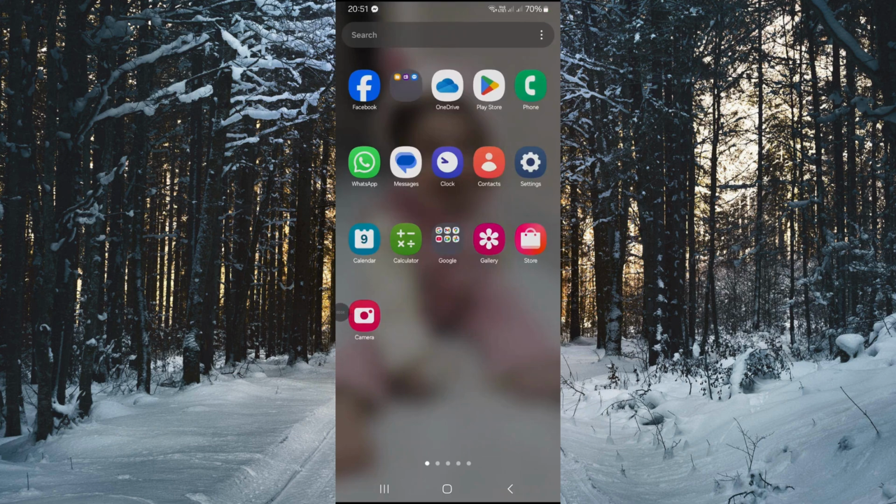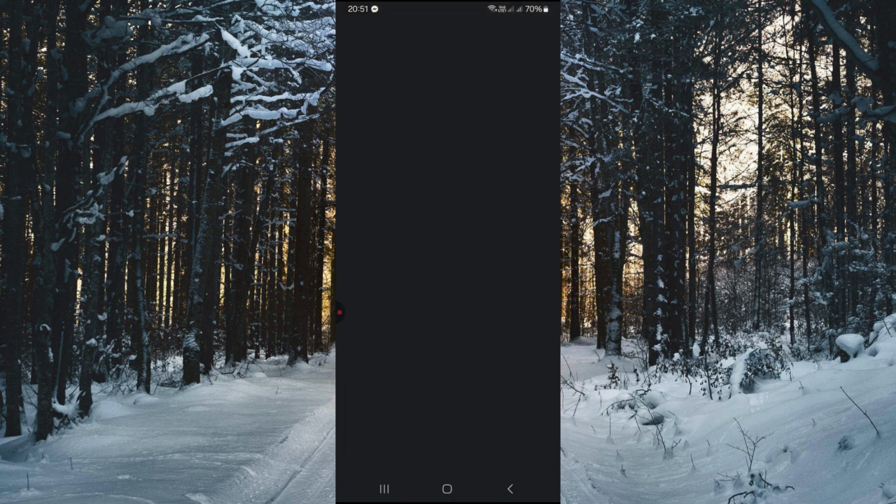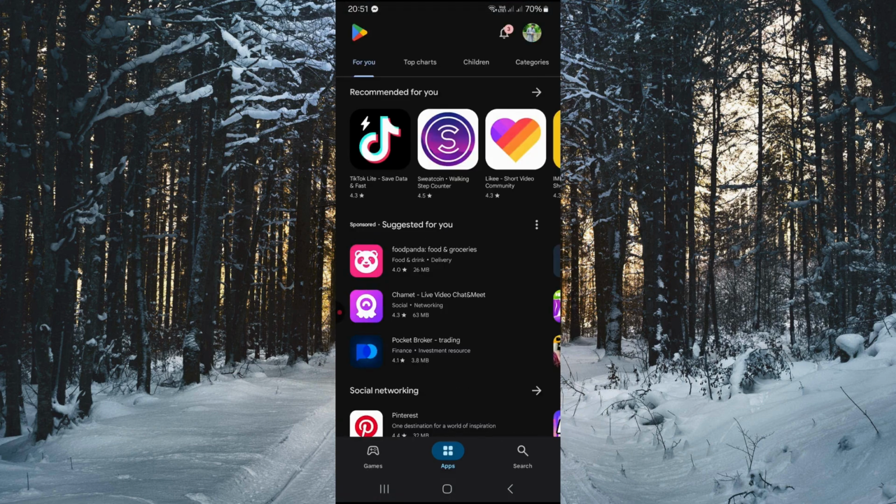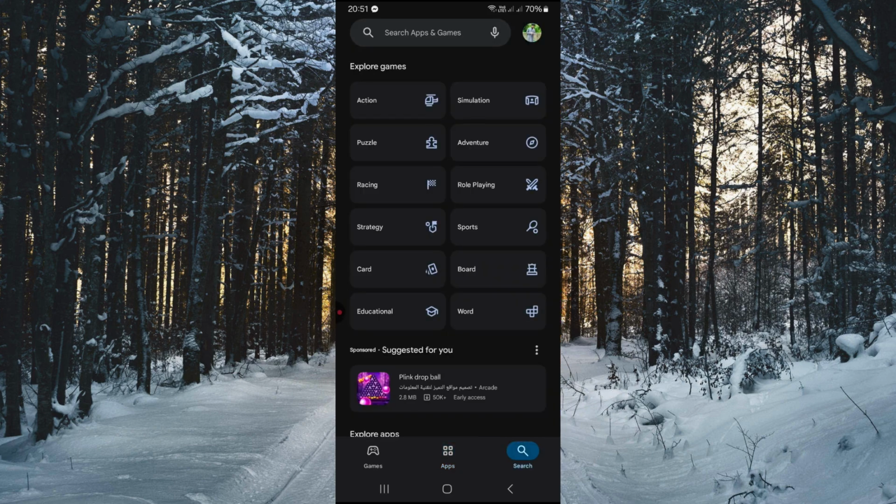In this video, I'll show you how to buy apps in Play Store with your debit card. It's very easy thing to do. For this, what you have to do, first open Play Store. Now, after opening your Play Store, you can search the app which you want to buy by tapping on the search button, or